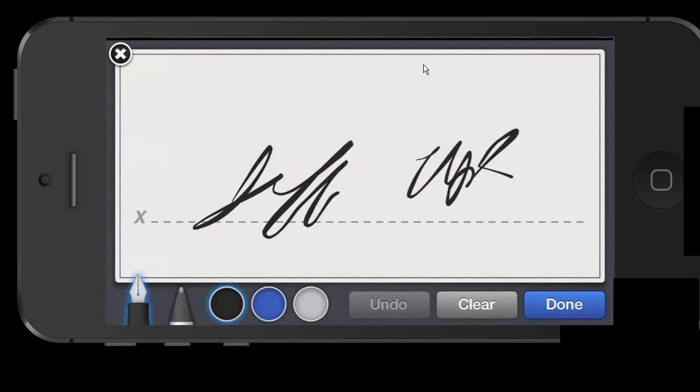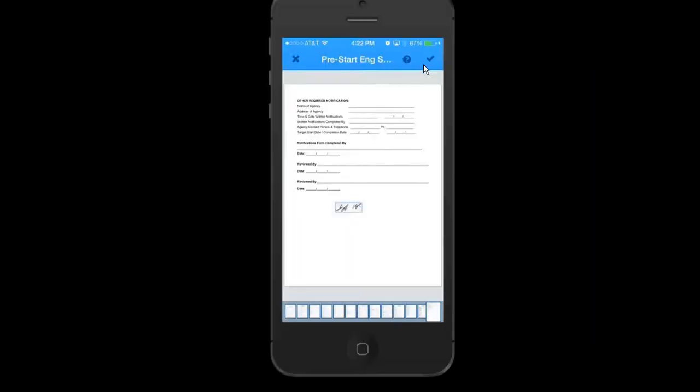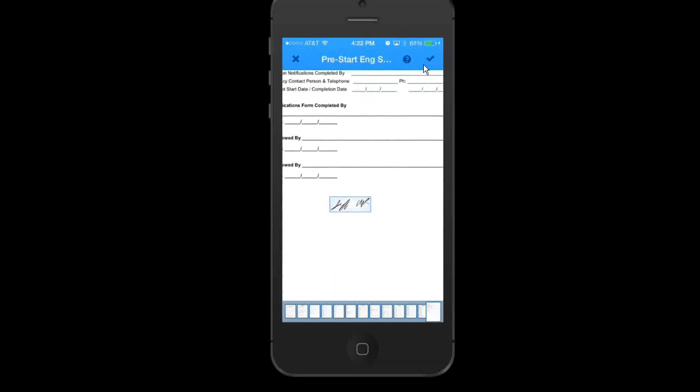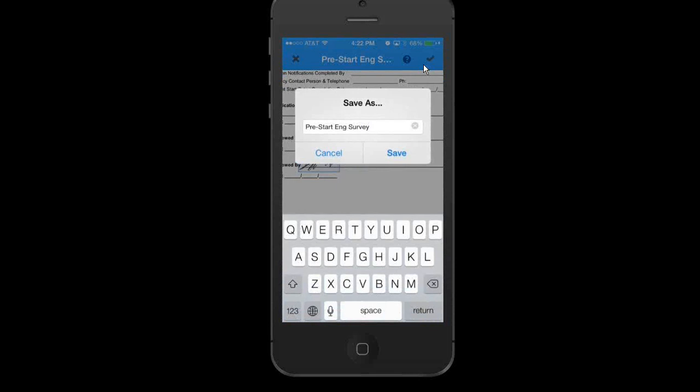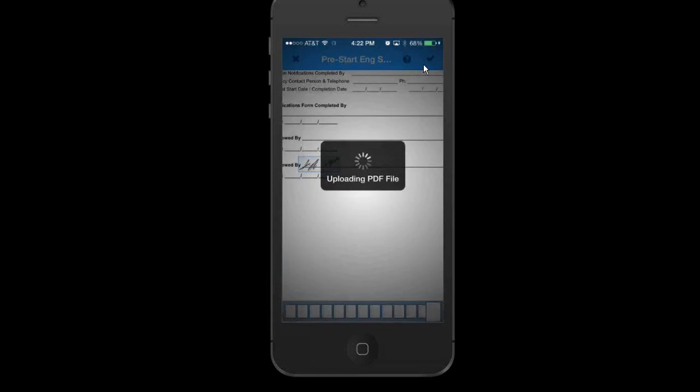Insert my signature. Now, one of the nice things is that it did remember my signature from the last time I did this, so I can put that signature into the correct field. When I'm done, I just check that I'm done. I may want to change the name of it to say signed, and I can save it.